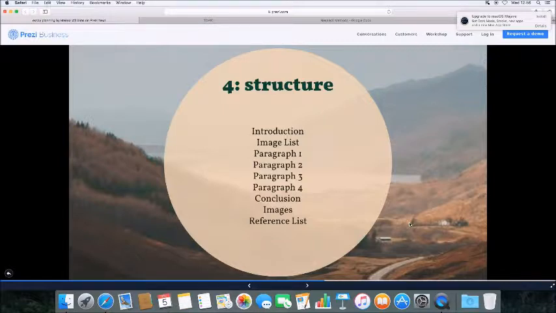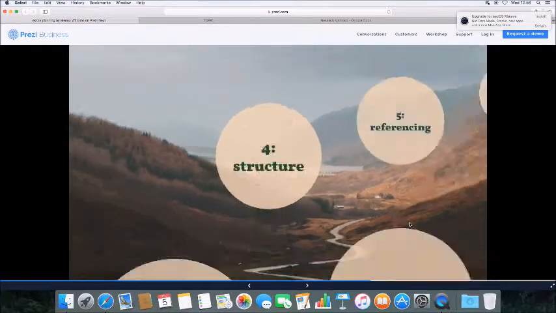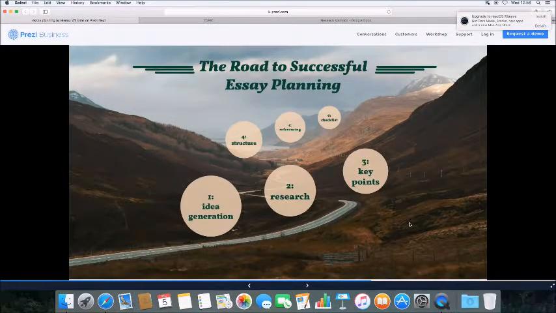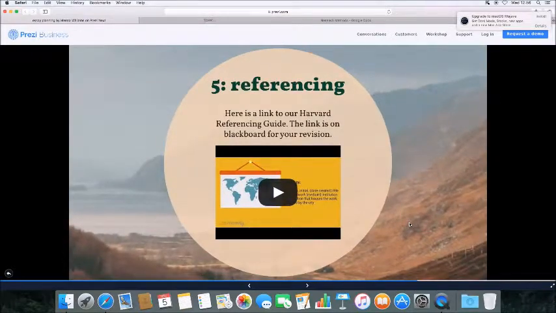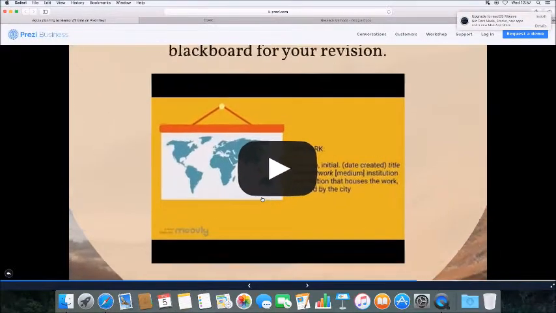As creative subjects usually require images at the end of essays, using an online form to follow the structure may have been more of a hindrance than an enhancement in the learning process here. Step 5, however, referencing, has been enhanced by an innovative technology, using Moovly to create a short video explaining how to correctly Harvard reference sources of information in reference lists. This video has been published to YouTube, discoverable by typing Harvard Reference Guide into the search bar or following links